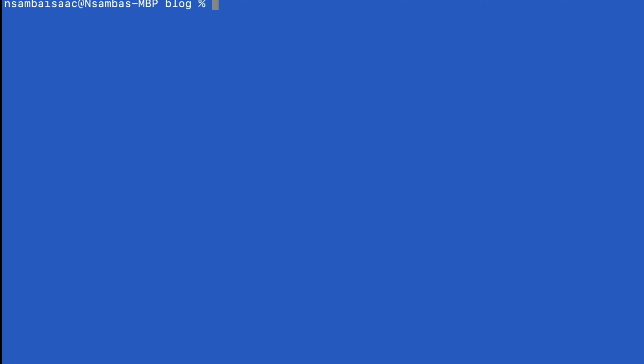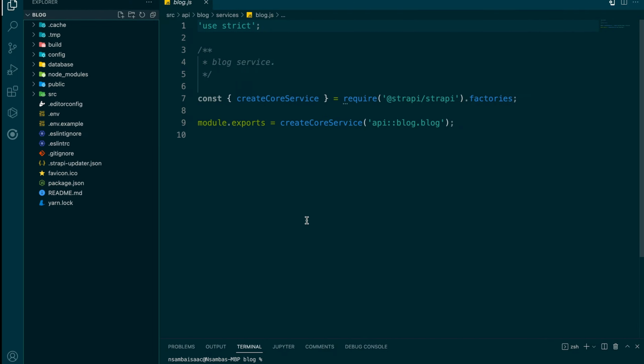Alright, let's now go into our project and see how we can set our environment variables. Now we are in our project right here. For us to be able to host our application on the server, we need to configure our application for production. Okay? Since right now we are working in development mode,